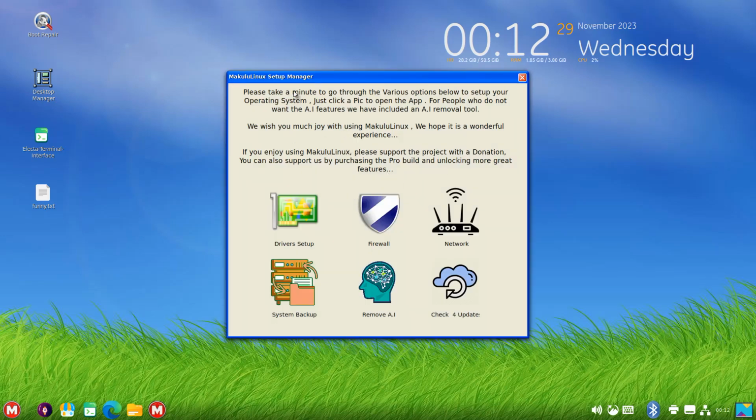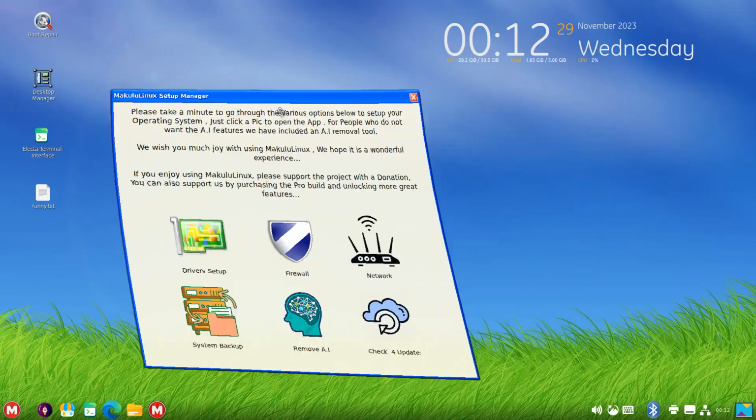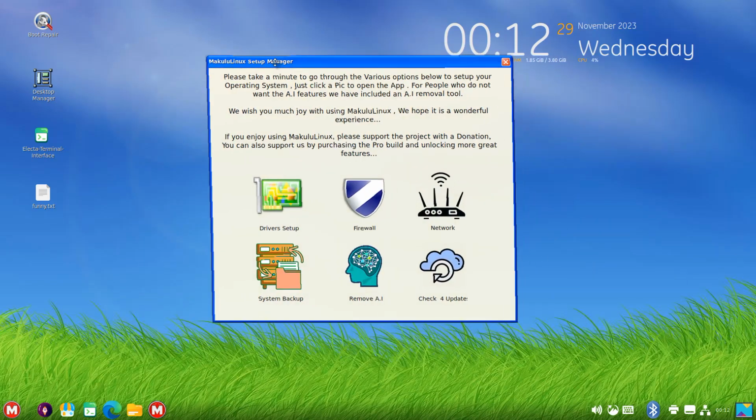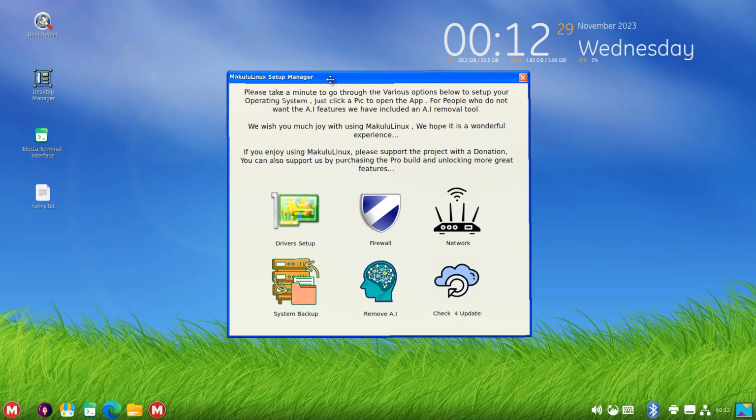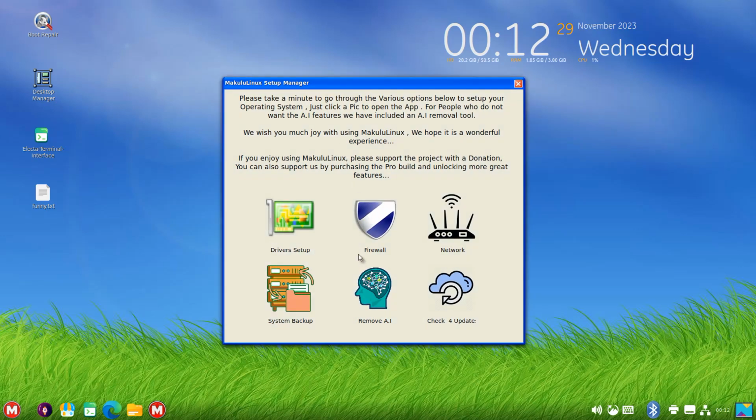So, for the guys that dislike AI, they love the operating system, they like the look, the themes, they like everything, they like the bouncy effects, they think, wow, this is such a good job, it's so great, but I don't like the AI, I don't want AI. Yes, we've included an AI removal tool. When you first boot up after install, obviously in live mode, we want the AI there so people can try it out, because it's live mode, it doesn't actually harm your PC. But after install, the first time you boot, you can just click remove AI, hit the button, and it will